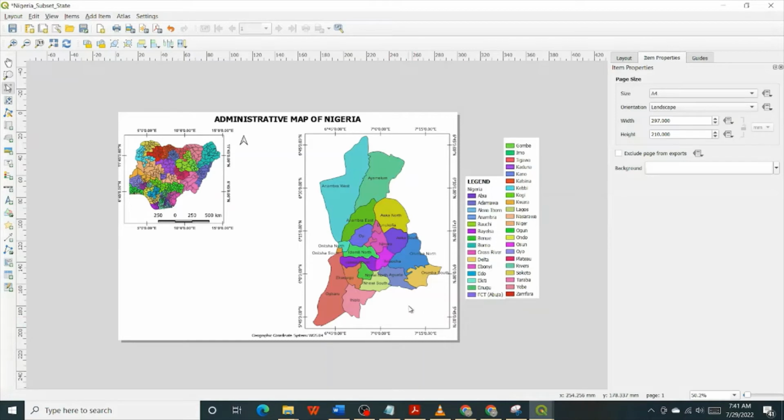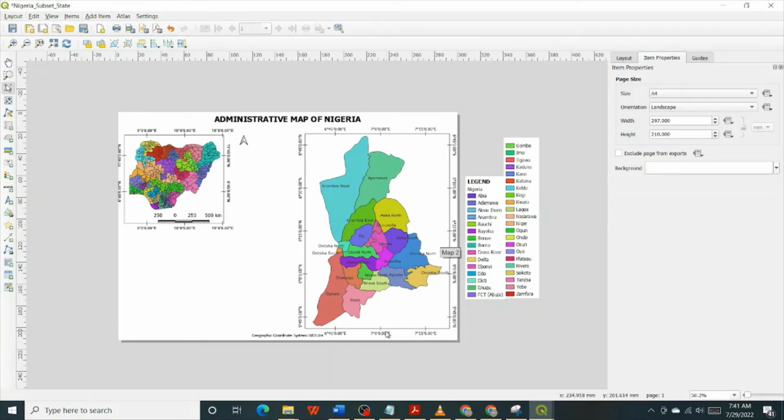you move to the next, which is basically how to now add the items. Note that both maps have two different types of grids, and both maps will also have two different types of scales because the scale is in line with the size of the map, and of course the size of the area that a section of the map is meant to represent. So the scale for Nigeria will be very different from the scale for Anambra State within this map. So I will have to have a scale for the Nigeria map and a different scale